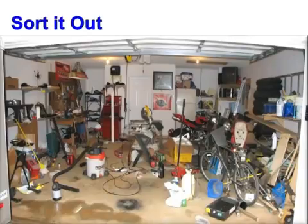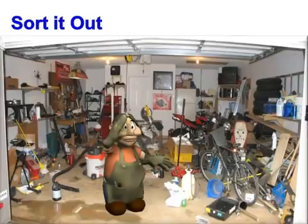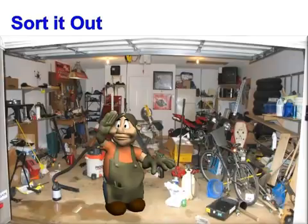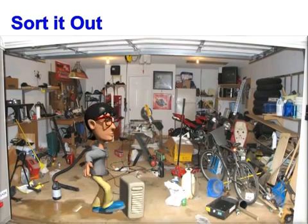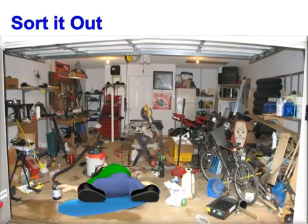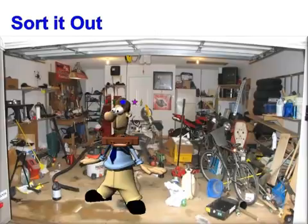Everyone can relate to a messy garage, and that can be compared to our workplace. We gather too many things over time, and pretty soon we can barely walk around. We spend way too much time searching for the things we need, and sometimes we can't even find them. When we have to complete a project in messy conditions like this, it becomes very difficult. Not to mention how frustrating it would be to work in these conditions, or how easy it might be to get injured. Many managers tolerate these conditions in the workplace because they do not understand the extent of the waste